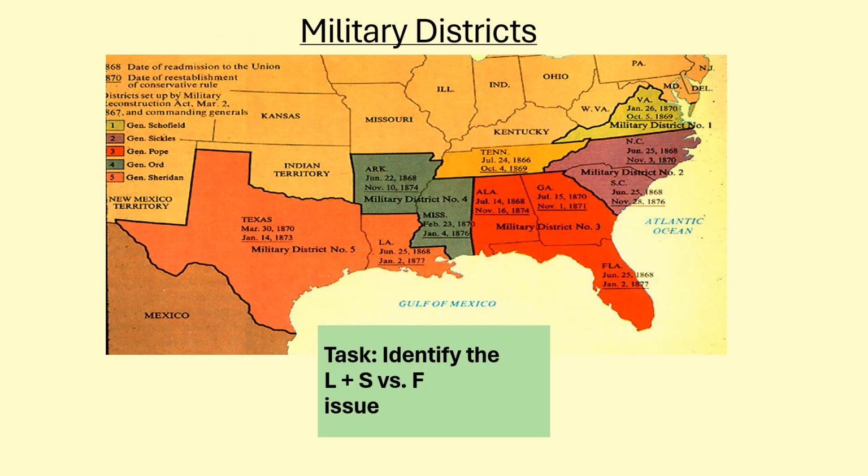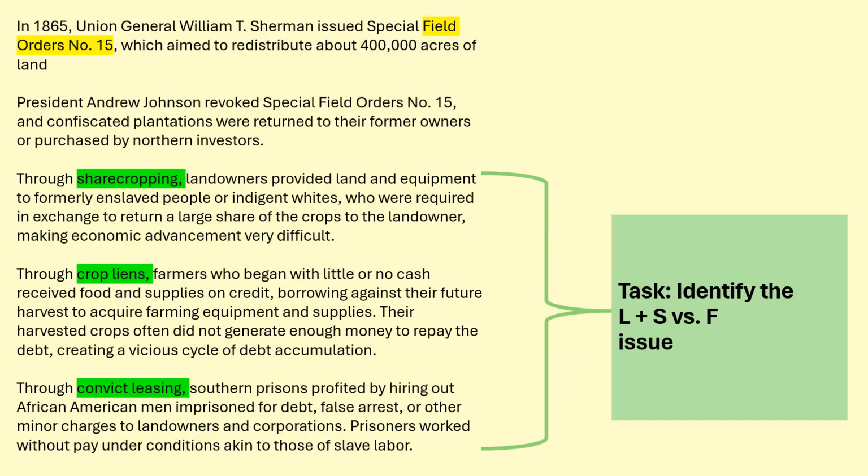Military districts. We're back to the end of the Civil War. And remember that the federal government split up the South into districts, and that this was viewed a certain way by those states of the former Confederacy. How about this scenario? Going back to Sherman's Field Order 15, if this represents the federal government, then the federal government is going to set aside some land. We all know how Johnson reversed that, and the end result led to these particular